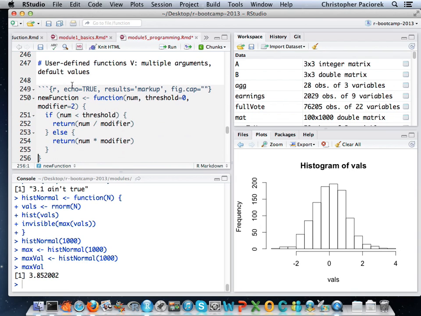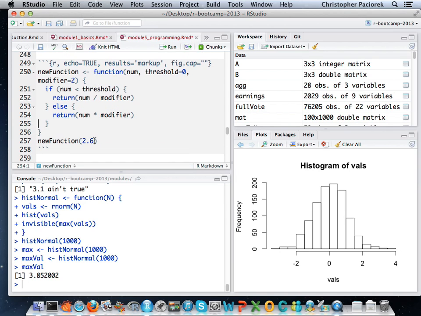Okay, and then as we've seen before, of course, you can have multiple arguments. And here, what I'm doing is setting default values for the arguments. Okay, so I'm going to define this silly little function. It takes 3 arguments. It takes a number. We're going to do something to this number and return it. If that number is greater than some threshold, or the way I've written it, if it's less than some threshold, we're going to divide it by some other argument, modifier. Okay, so all 3 of those, the number, the threshold, and the modifier, are arguments to this function. But if it's greater than the threshold, we're actually going to multiply it by the modifier. Okay, there's no reason for this function to exist. This is a silly thing to do to data, but it is a function.